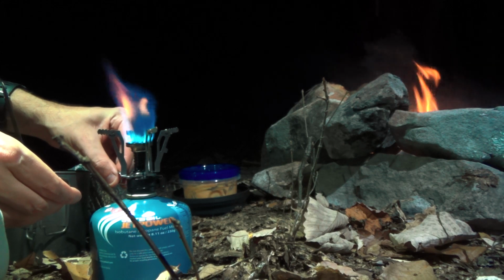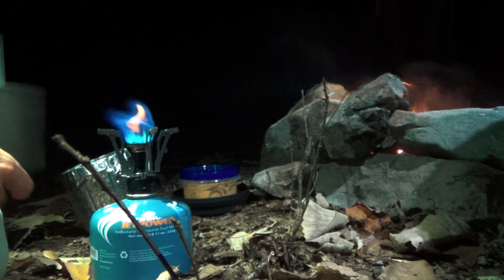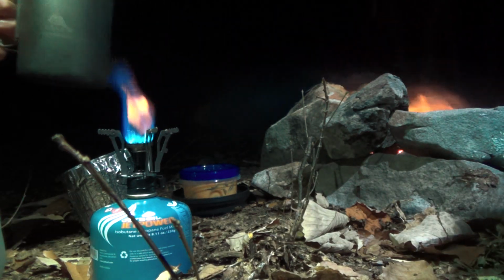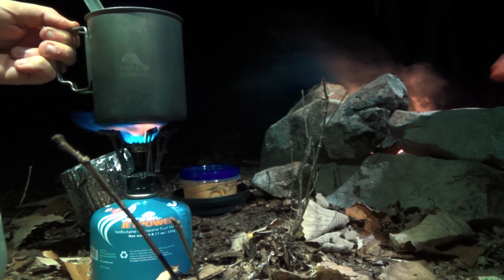Now, this little $5 stove from Hong Kong, instead of having an MSR stove. $5 Japanese stove. No, Hong Kong, Chinese stove. British occupied China. Anyway,